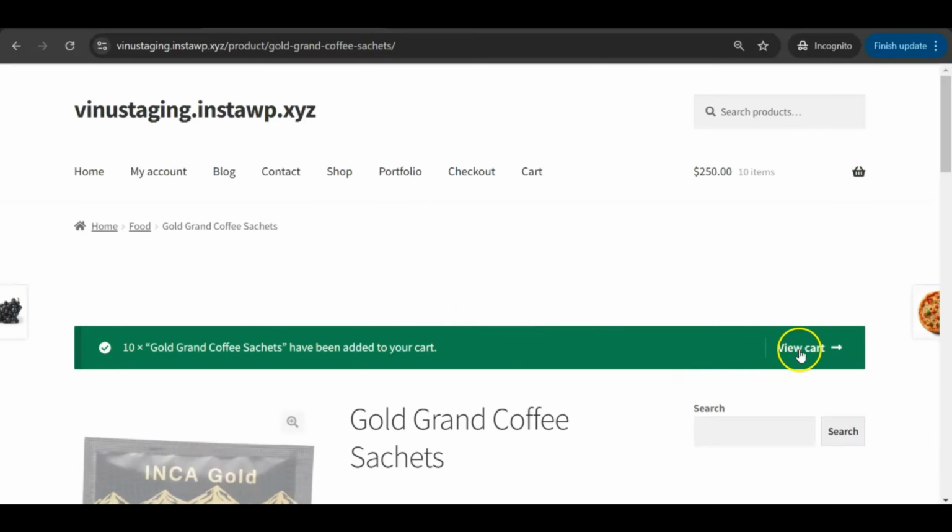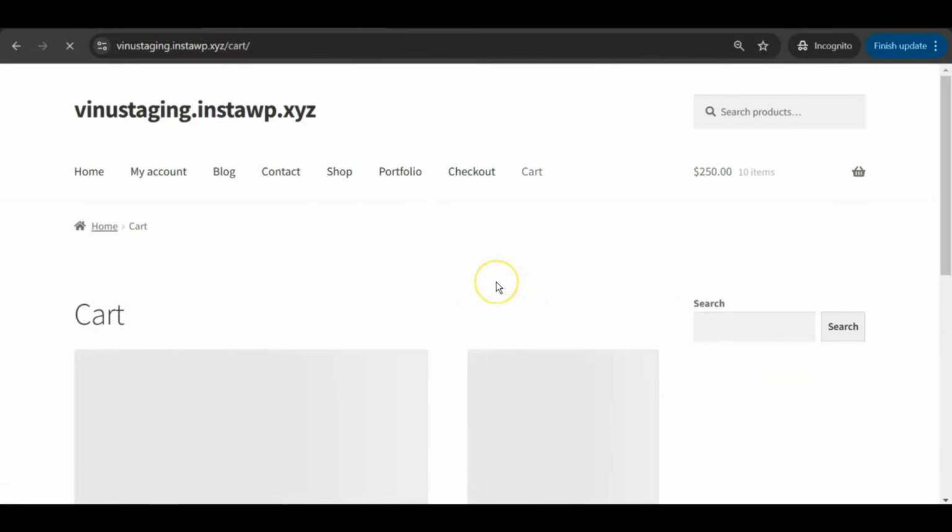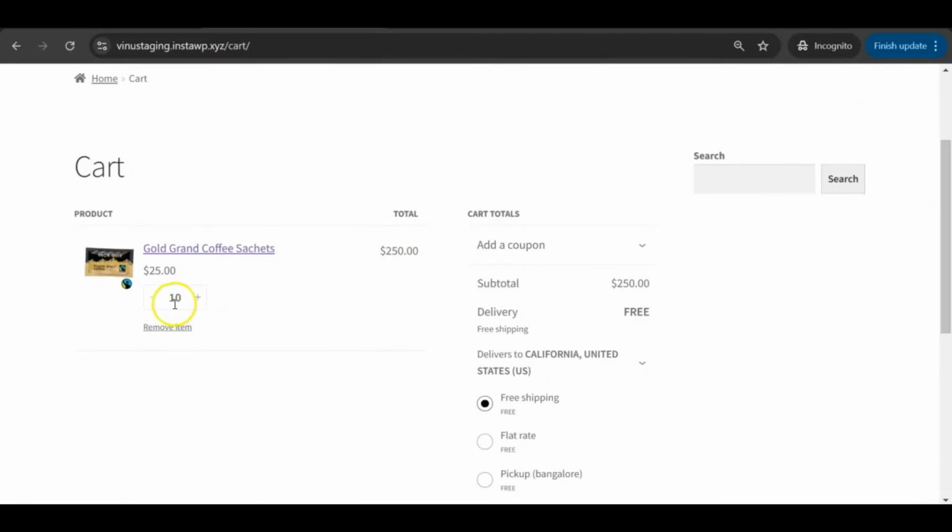Ensure that you have enabled the new cart blocks page instead of the classic one. Here, you'll see that the quantity is initially set to 10. When increasing the quantity, it adjusts in predefined steps, 20, 30, 40, and so on, while the total price updates accordingly. Similarly, decreasing the quantity follows the same step-based pattern. This ensures precise control over product quantities directly within the WooCommerce cart block system,